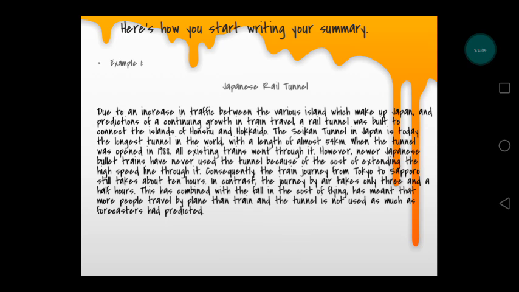Consequently, the train journey from Tokyo to Sapporo still takes about 10 hours. In contrast, the journey by air takes only 3.5 hours. This is combined with the fall in the cost of flying, which has meant that more people travel by plane than train, and the tunnel is not used as much as forecasts had predicted. Okay, so